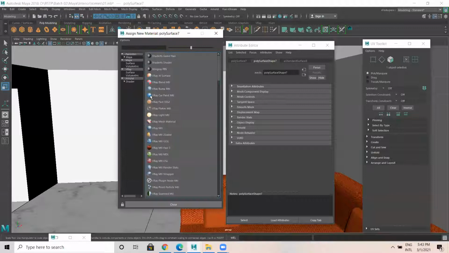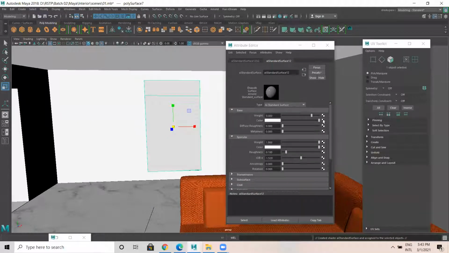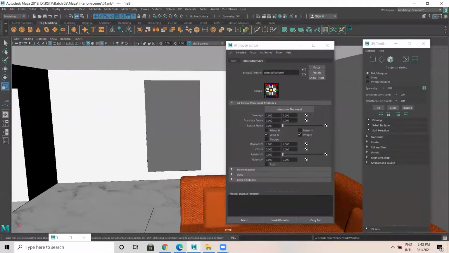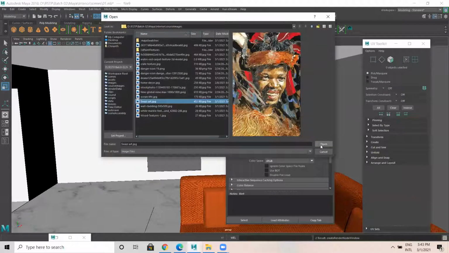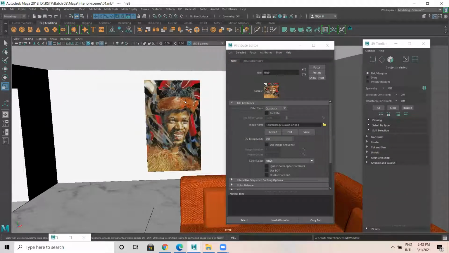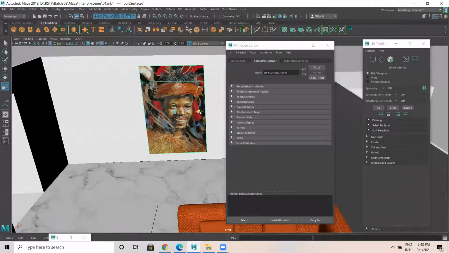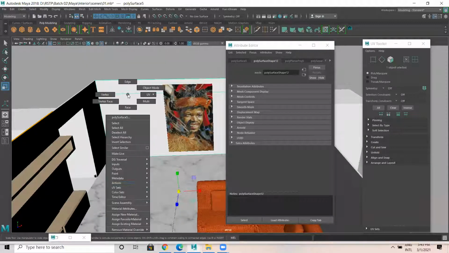Assign new material, Arnold shader. Here, I'll take an empty file. It's like a Swazi art, I'll just apply. Then here, this one, I apply another wall.